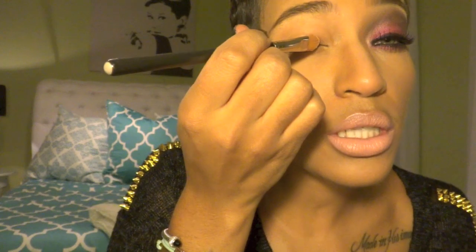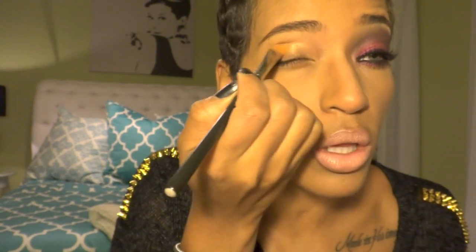I'm gonna use a 159 brush. So I'm just gonna take it. I really love this brush because since it is tapered and really flat, you can definitely go along with the shape of your eye. This is a pinkish gold, actually more of a peachy gold. And up close, it just makes whatever you put on top of it really pop and stand out and stay